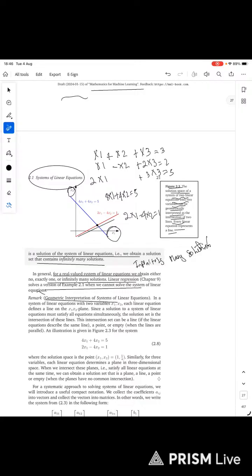Remark: geometric interpretation of a system of linear equations. In a system of linear equations with two variables, x1 and x2, each linear equation defines a line on the x1, x2 plane. Since a solution to a system of linear equations must satisfy all equations simultaneously, the solution set is the intersection of these lines. This intersection set can be a line if the linear equations describe the same line, a point, or empty when the lines are parallel. An illustration is given in figure 2.3 for the system